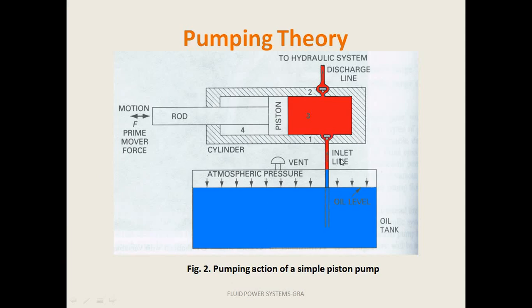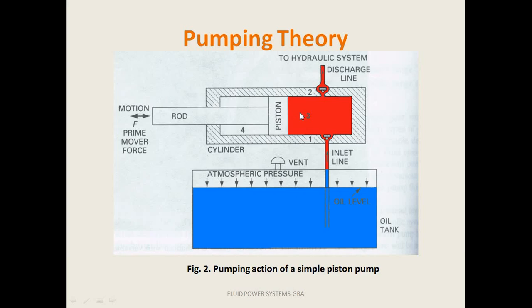Now this valve in the inlet line, I call it a check valve or a unidirectional valve. It allows the flow of fluid in one direction only. As the fluid starts depositing here, it exerts a pressure on this face of the piston, and that is the reason the piston moves towards the left side, causing the extension stroke. This movement of the piston towards the left continues until this particular part of the piston comes and touches the cylindrical wall.